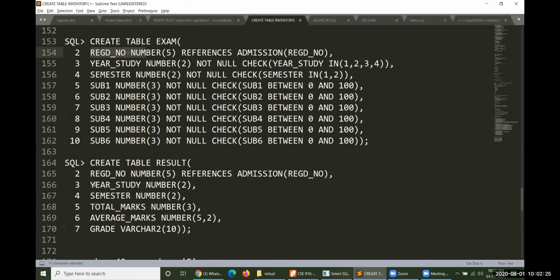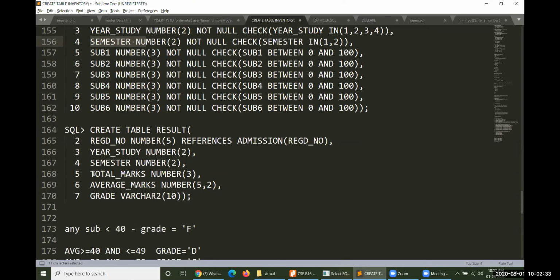There is no problem. Year of study also from the exam table, and the semester also from the exam table. Now we'd like to have total marks, average marks, and grades. These variables can always be taken into consideration here.